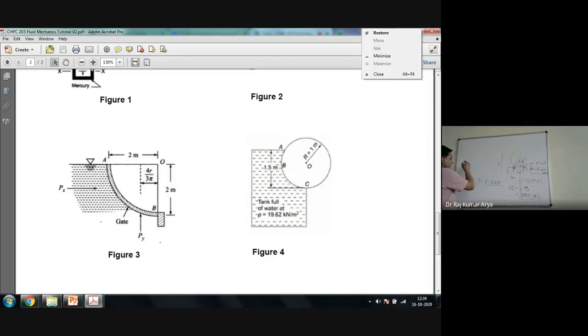So once I substitute here, I will get the expression for your vertical force: rho g, h is the same, your y is this, that is h minus r plus r cos theta. This term is multiplied by dx. Dx is from here, r cos theta d theta. Your L is just 1 meter, so you can write 1 here. So this is your expression for the vertical force. Now the only variable is theta. Integrate that.